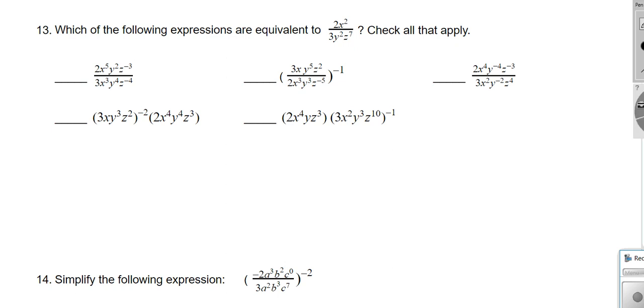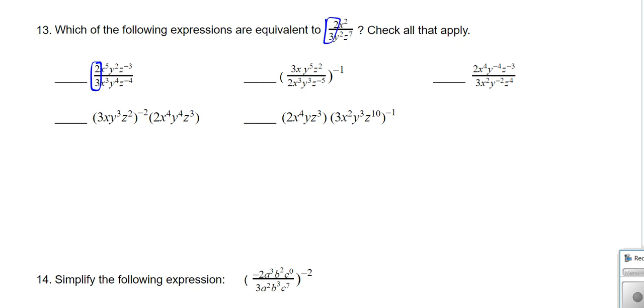Number 13, we have to know if these expressions are equivalent to 2x squared over 3y squared z to the 7th, and check all that apply. Okay, so look at these things in pieces, and I would suggest looking at the simplest pieces you can as much as possible. Okay, so 2 thirds,